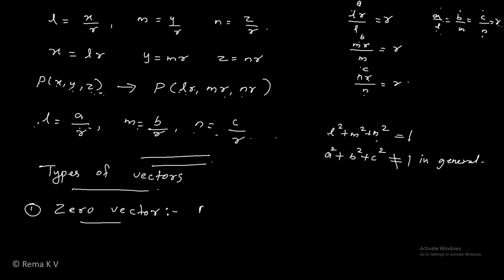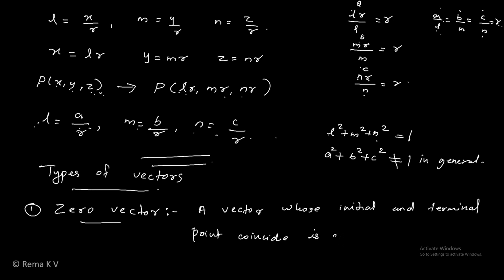A vector whose initial point and the terminal point coincide is called a zero vector and is denoted by